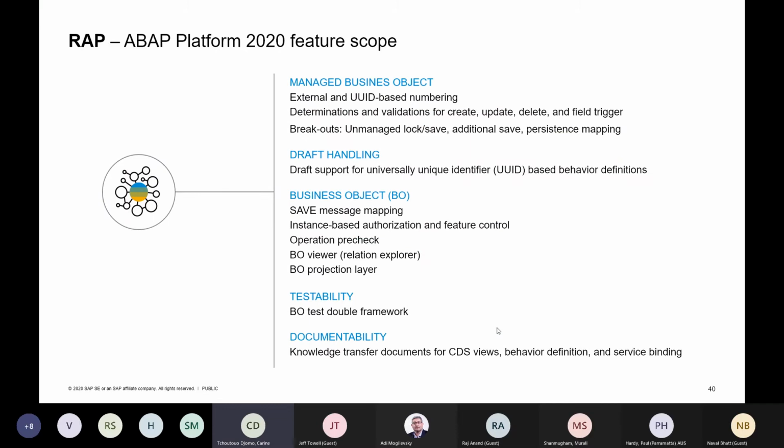In 2020, we have also worked a lot in the RAP area. First of all, we are now also supporting the managed scenario on premise, because so far it was only supported in the cloud, on the ABAP environment in the cloud. So now we also support managed business objects with external UUID based numbering on premise. And we have also different